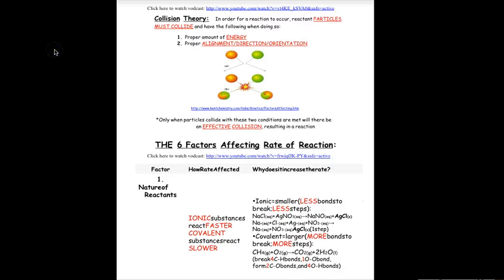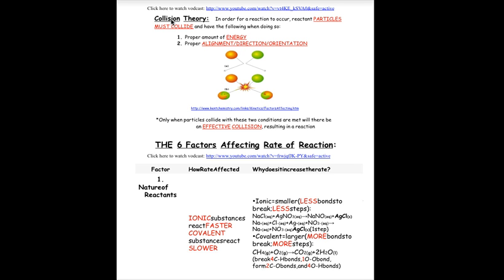Okay, so here we are with lesson number 2. We're just going to look at, for the most part, collision theory, and we'll start on this bottom part here. But let's take a look at what exactly collision theory is, and this is one of the definitions that you should know. Basically, the collision theory tells you what needs to happen in order for a chemical reaction to actually